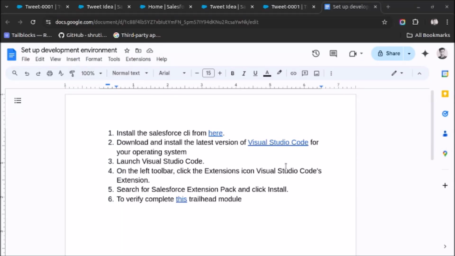In this video, I will show you the steps to set up the development environment. In this course, we will use Visual Studio Code for developing the Lightning Web Component. And in order to set up VS Code for development, you need to perform some steps on your laptop or